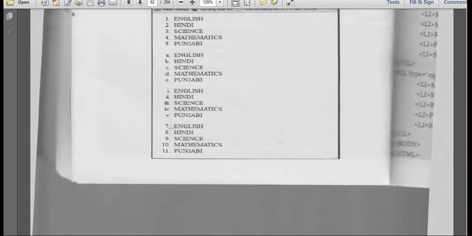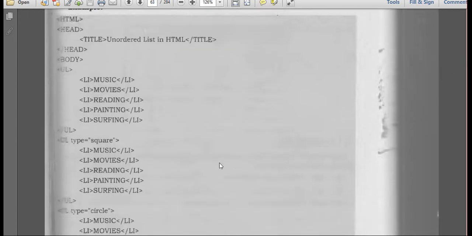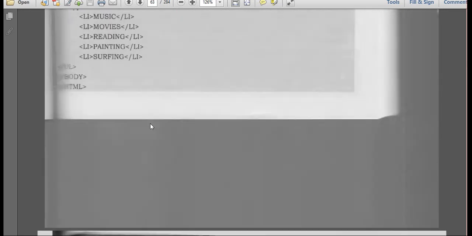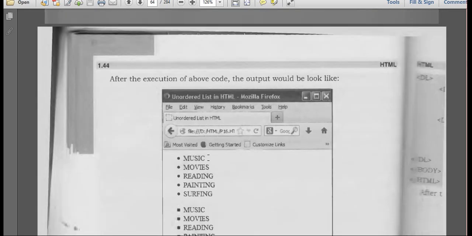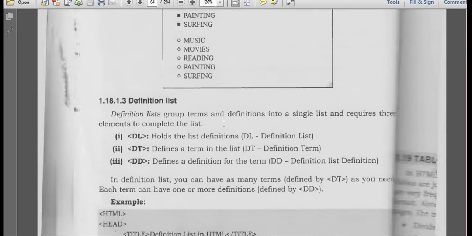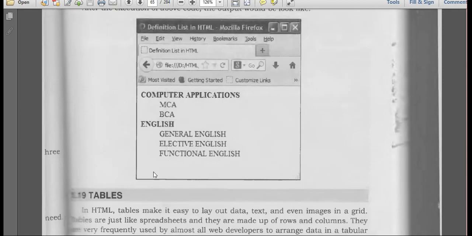It can start with 7 8 9 10 11. Next, the unordered list. For this you have UL, type equal to square. Whatever list items you mention will come like this. Next we have the definition list, definition term and definition data, which we have already seen.